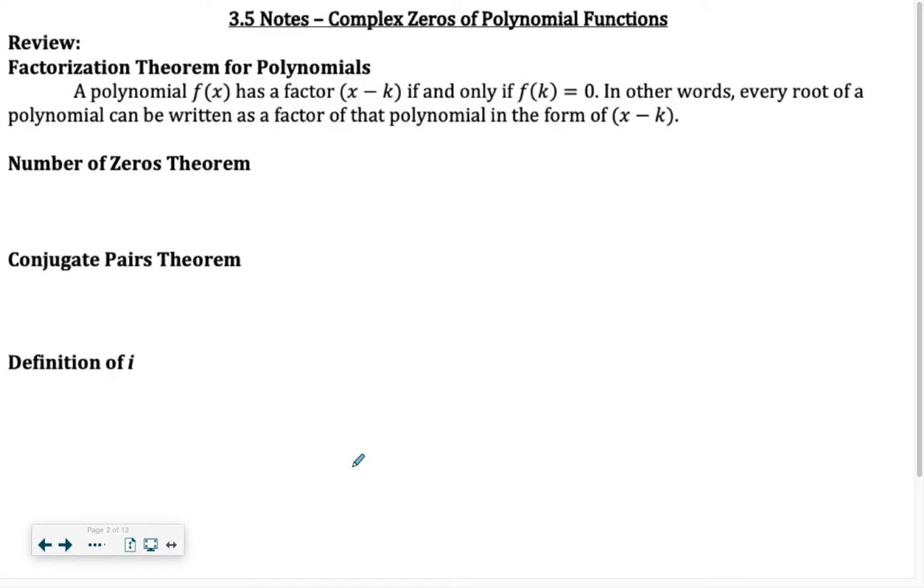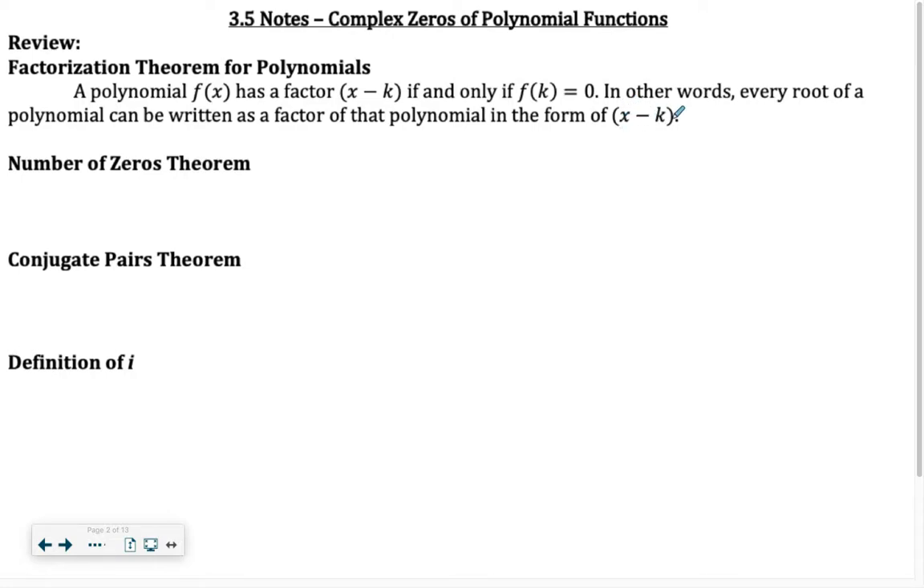The factorization theorem just says that a polynomial has a factor if and only if that value that we are subtracting in the factor is a zero. That's what it means to be a factor. Or in other words, every root of a polynomial can be written as a factor in the form of